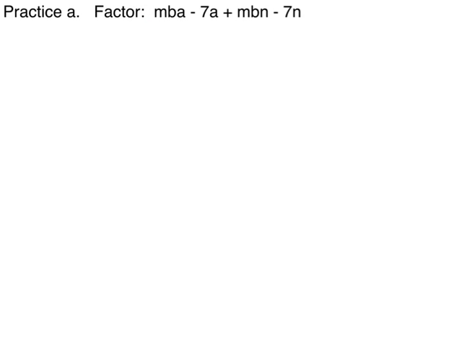It's so simple that we only have 2 examples and 2 practice problems. So, look at the first two. What do we have in common? We have an a in both. So let's factor out the a, and we're left with mb minus 7